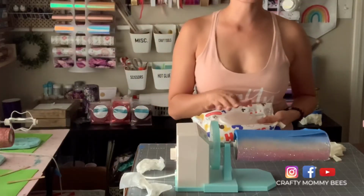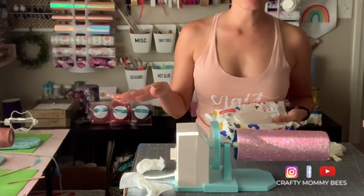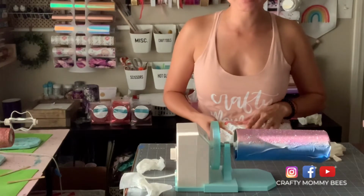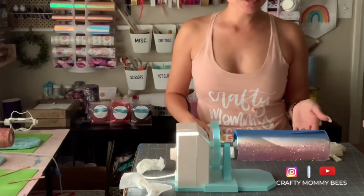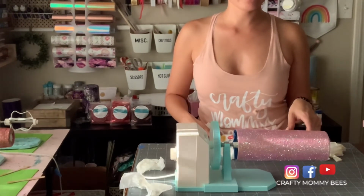I'm gonna go ahead and let this spin. It says 4 hours, but I'm gonna let it spin for 8 hours. It's 6 o'clock in my area, so I'm just gonna let it spin overnight and come back in the morning to seal this glitter and then finish off here for my next